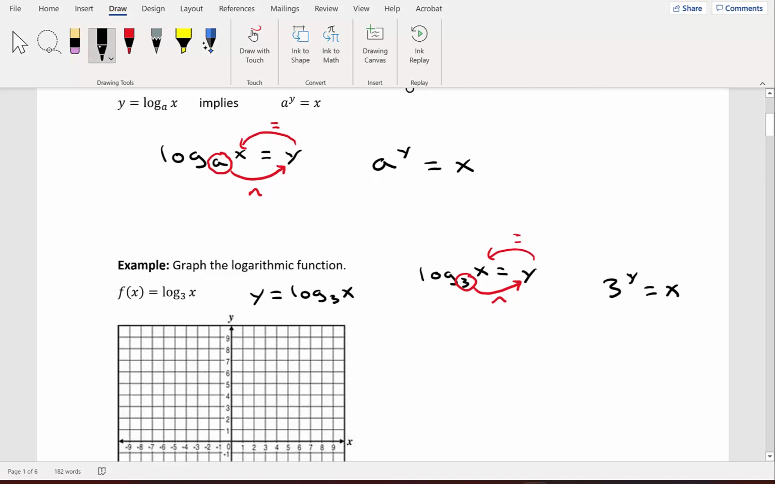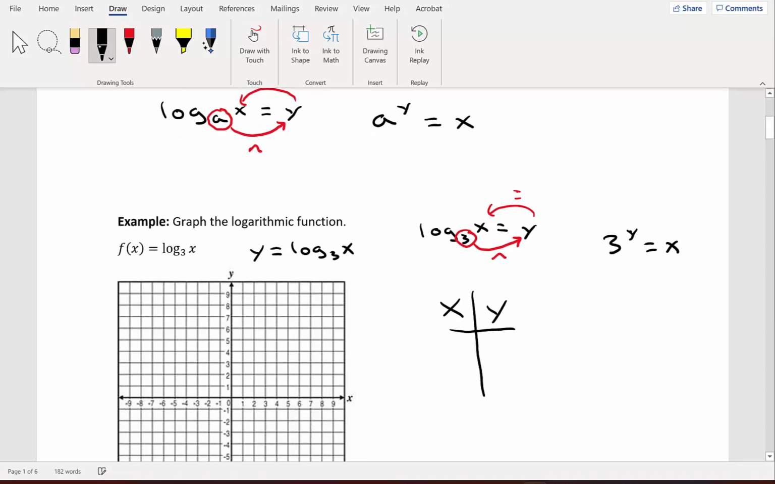Now let's go ahead and create a table of values. So we have our x, y, and now we're going to plug in some values. In this case, we're going to plug in values for y. It's much easier to figure out what x is equal to if we plug in values for y. So let's go ahead and plug some values in. Let's choose 0, 1, and -1. So now, if I plug in -1 for my y, I get x is equal to 3